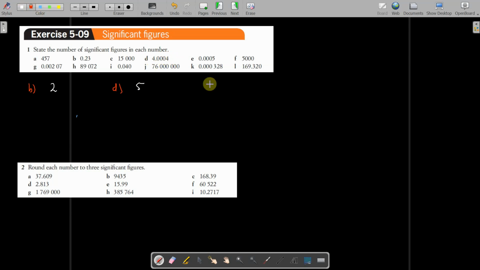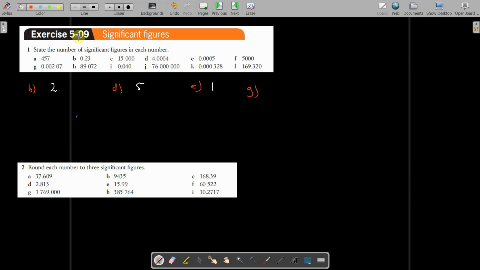E. That one has zeros at the beginning that you don't count. So the only significant one in E is 5. One significant figure. So you get the idea. We'll do G, and then we'll move on to the